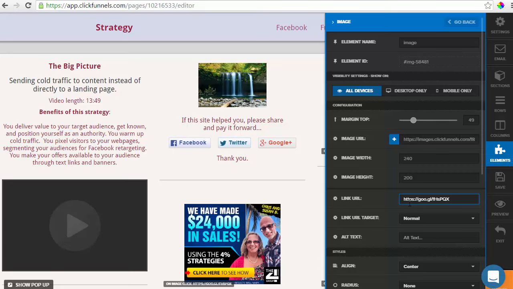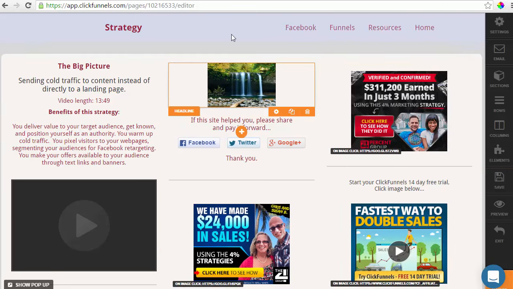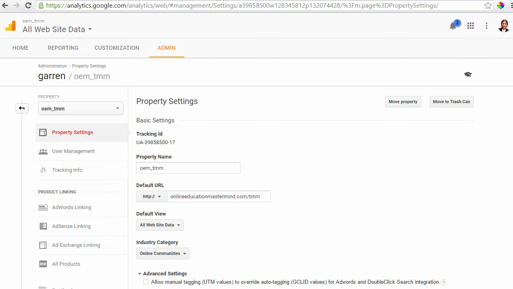So Control V and paste it right there, and go ahead and save it. So even though this says Google here, the destination, it's going to the TMM landing page. All right, there we are. We're ready to test the actual page. But before we do that, I want to give you a heads up here in